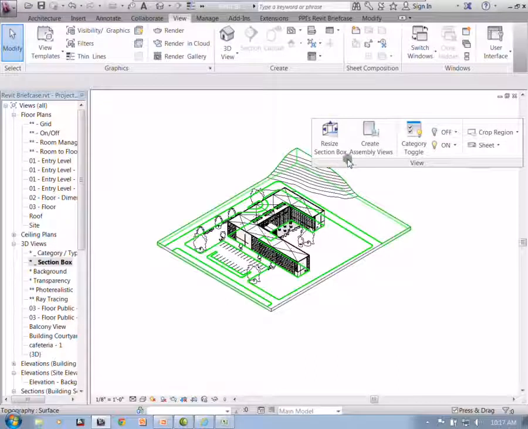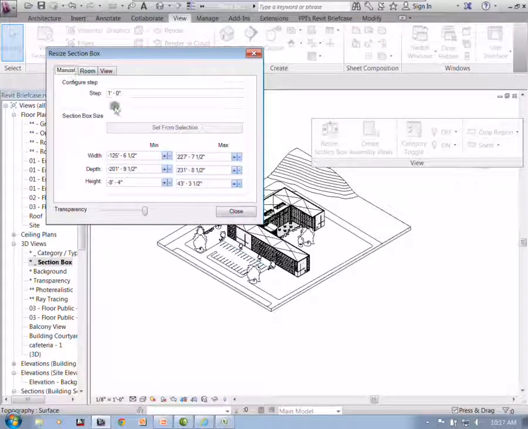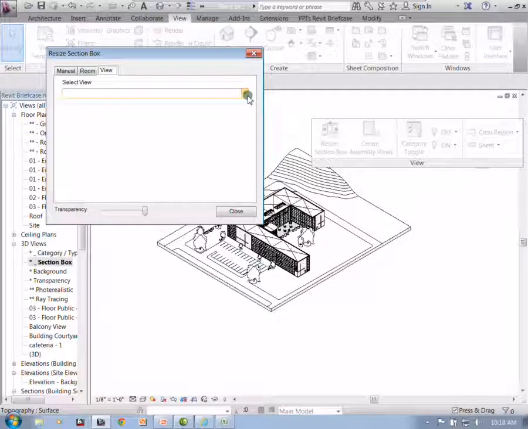All right, so the next one I'm going to use is the resize section box. What this gives us is a dialog box that pops up and allows us to key in manual inputs based upon width, depth, height, maximum and minimum, and then a step. We could also do it based upon a view, so we can grab particular views and say I want the entry level,